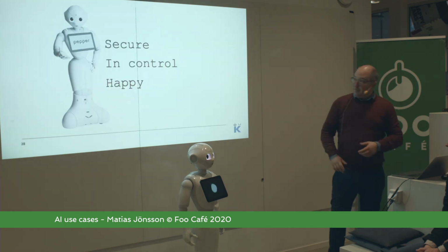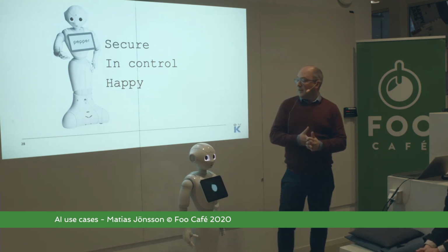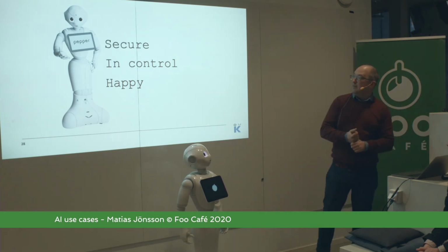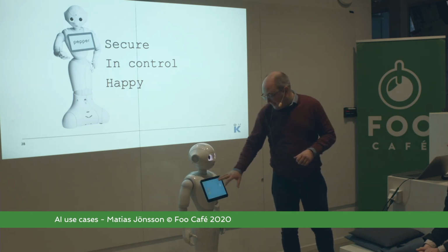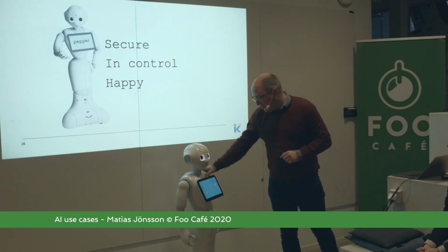So Pepper is really being used in this department for cancer treatment, to make the children feel secure, in control, and happy. That's the overall idea with Pepper. I do have the game that kids can play loaded on Pepper. And as I said, it should be able to speak,